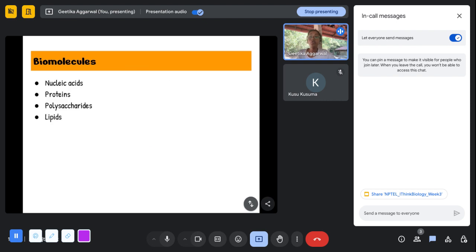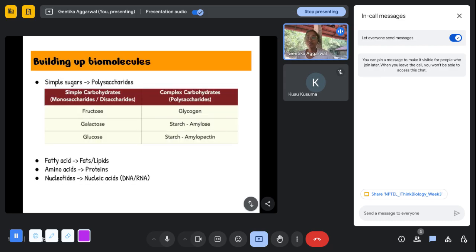Then, coming to biomolecules. So, this week, they talked about four major biomolecule types, including nucleic acids, proteins, polysaccharides, and lipids. So, when you talk about biomolecules, you also talk about how they are made. For polysaccharides, they're mostly built up from simple sugars. For example, on the left hand side, you can see these simple sugars like simple carbohydrates, which are called monosaccharides or disaccharides, fructose, galactose, glucose, and they give rise to these complex carbohydrates, which are